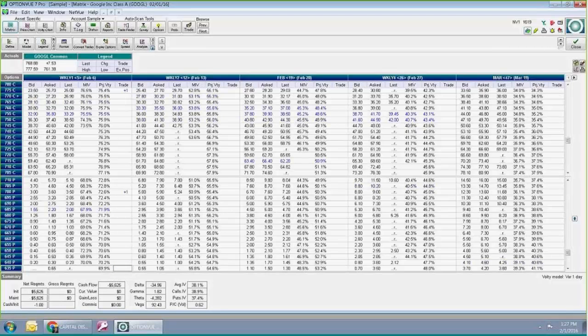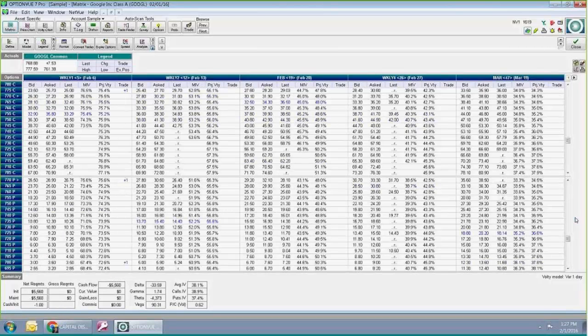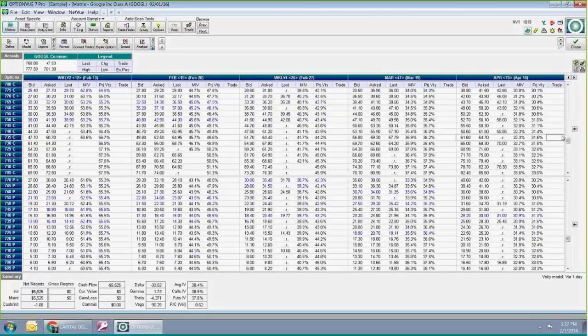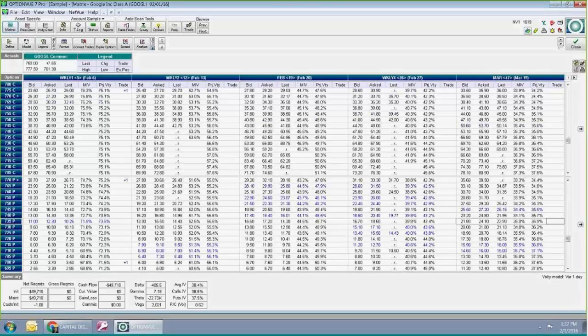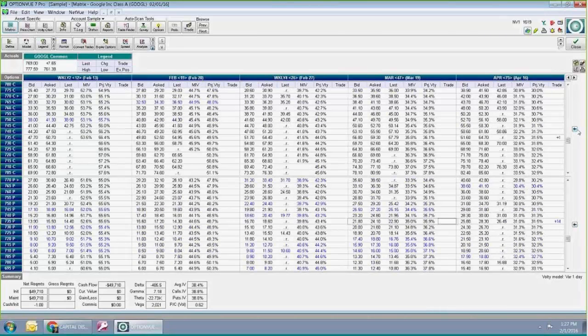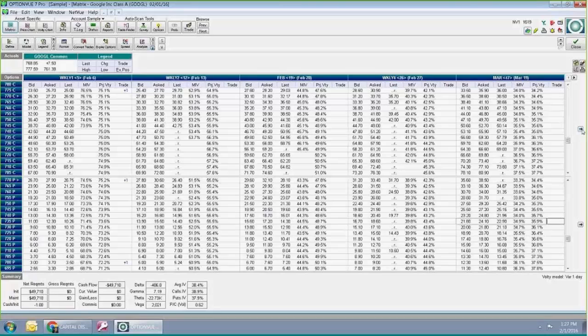But if I deleted this one and went up, now it's showing both of them. I don't have any other positions that are not being hidden here. If I had a position out farther, out here and out here, it's going to show me with this arrow, and I can go back and forth like that.